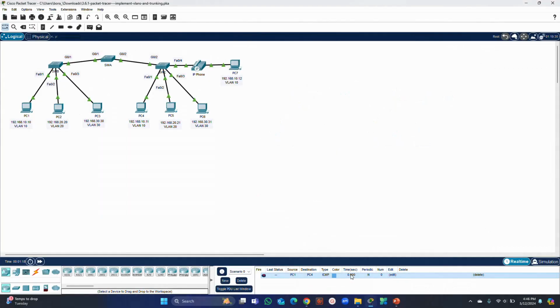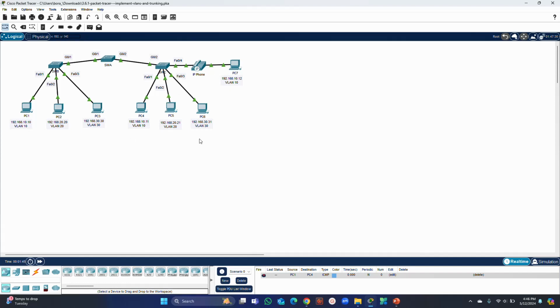This is the activity in the Packet Tracer. So this is the network in the Packet Tracer. As you can see, we have switch B and switch C that are connected with different VLANs. Switch B is connected with VLAN 10, 20, and 30. And switch C is connected with VLAN 10, 20, 30, and 10, because PC4 and PC7 and switch C are both at